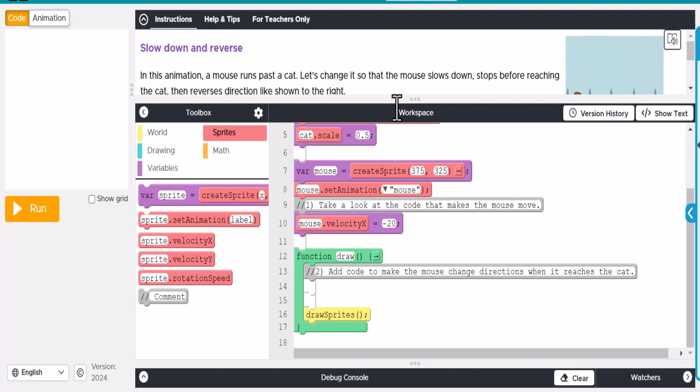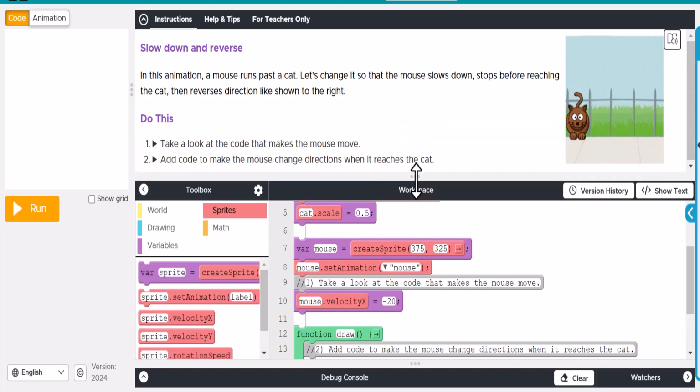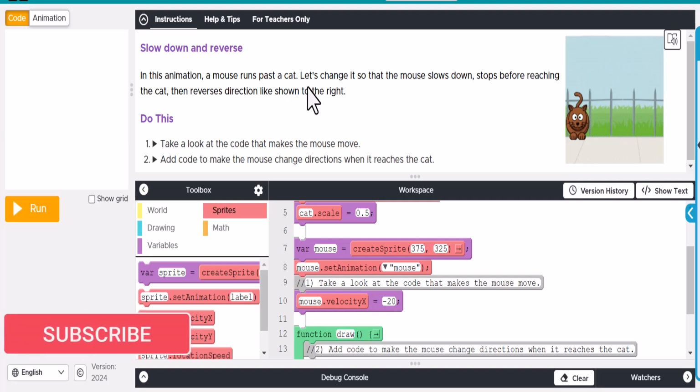All right, in this video we're looking at another practice activity for lesson 22, complex sprite movement. So in this one, this is kind of fun. It says slow down and reverse. It says in this animation, a mouse runs past a cat. Let's change it so that the mouse slows down, stops before reaching the cat, and then reverses direction like shown